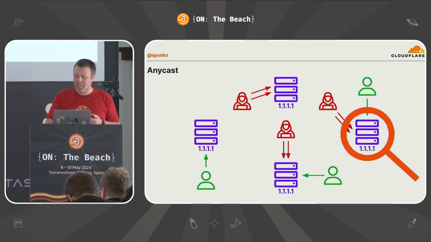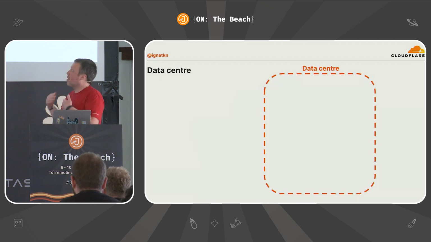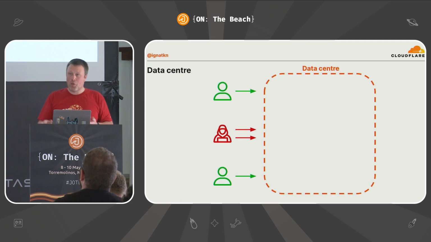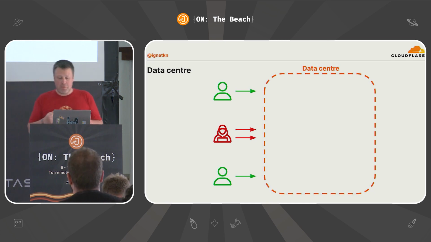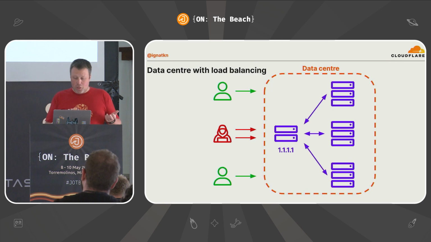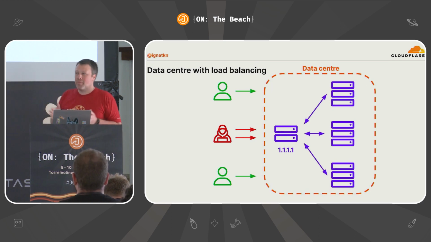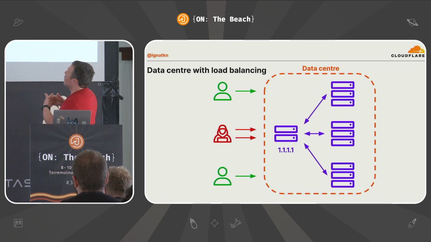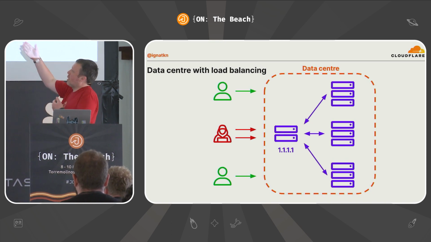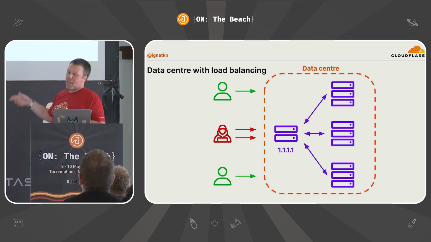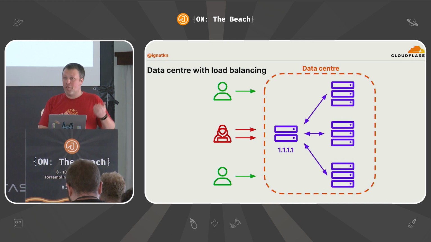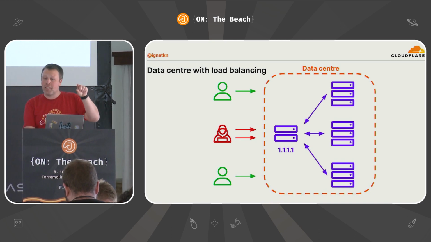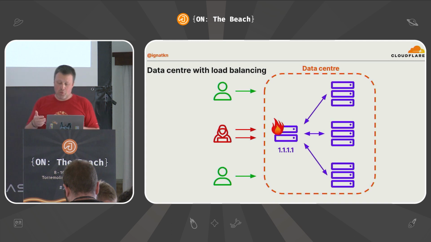And if we zoom in into a particular data center, what we'll see is that the data center itself will still receive both good and bad traffic. Right? So what can we do on the data center level to improve our resilience to attacks? We can go with the standard, typical unicast with load balancing approach. So you have a load balancer, and then it balances the backend traffic. You can scale the backend capacity, but at some point, if you have too much incoming traffic for a particular data center, your load balancer can still be overloaded.